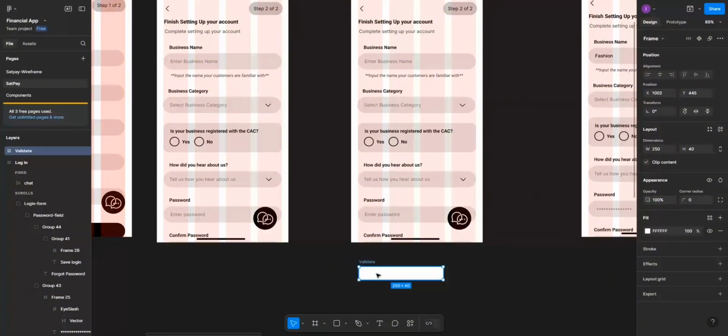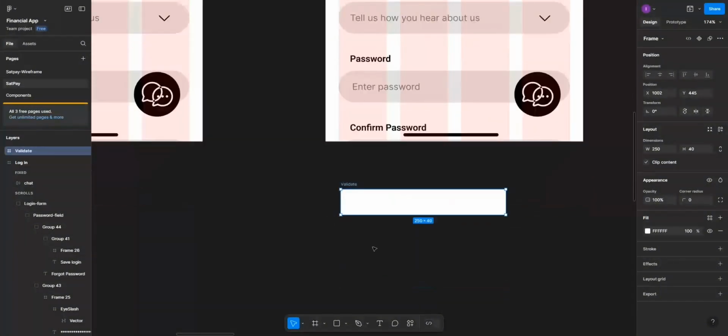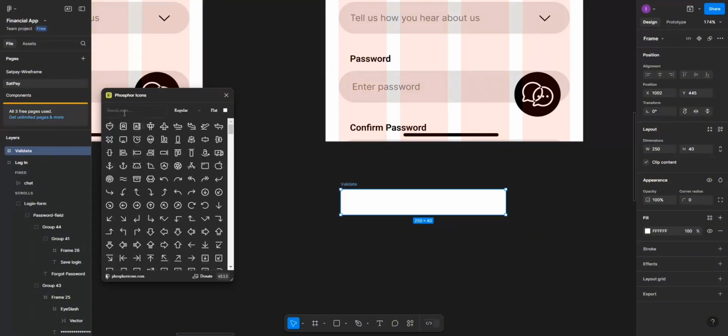So now we are going to add some text to see how it will react if the user did not click on anything and they click on continue. Let's zoom in and see what we are going to add. Here, let's look for the icon that we're going to use. So we search for